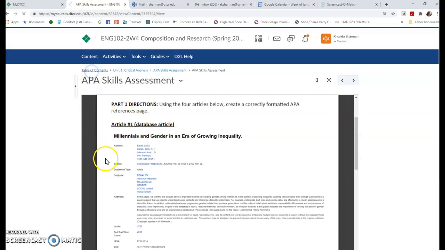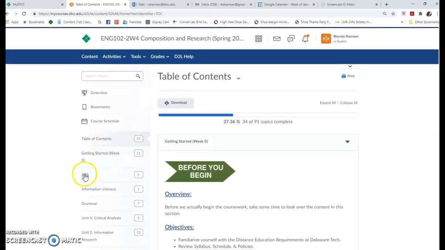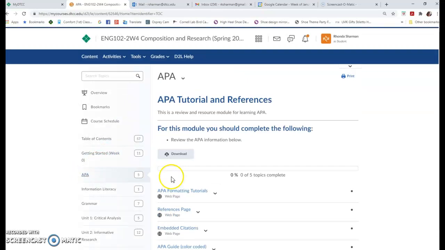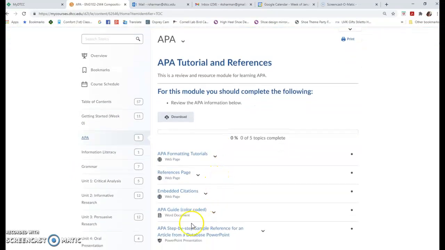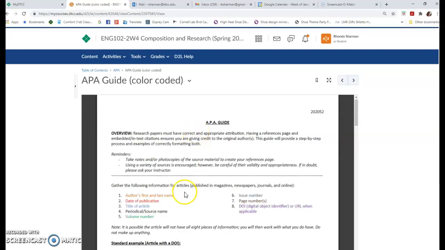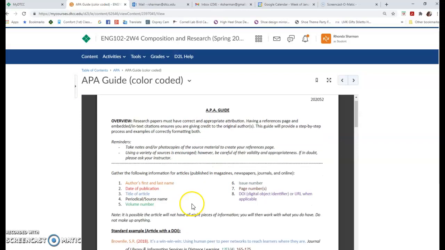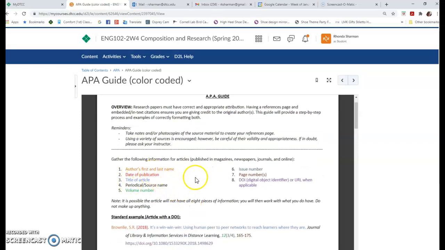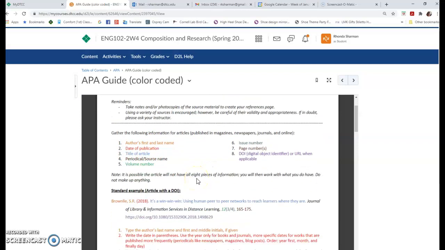So you would want to go to the APA resources and look at the APA guide. Here, it will give you descriptions, examples, including color coding for various kinds of articles.